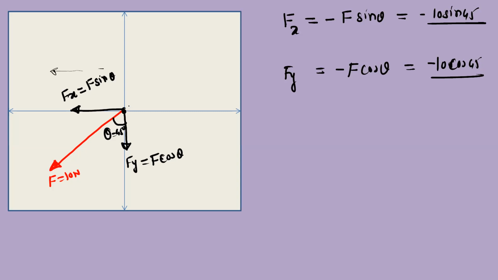Now, instead of this point O, you can resolve the force at any other point. So you can resolve at this point. So just draw this vector parallel to x-axis. Draw the second vector parallel to y-axis. So this is your fy. This is fx. This angle is with respect to y-axis. So this is also 45 degree, that is theta. Okay. So the component values will remain the same. Minus f sine theta, minus f cos theta.